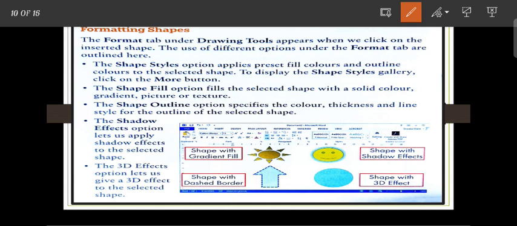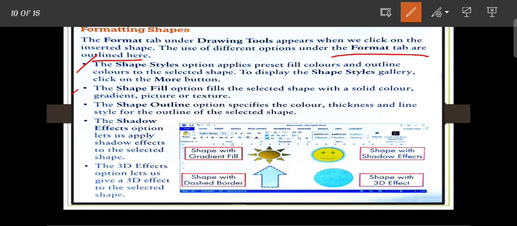The use of the different options under the Format tab is outlined here. So first is the Shape Style option, which applies the preset fill color and outline color to the selected shape. To display the Shape Style gallery, click on the More button.